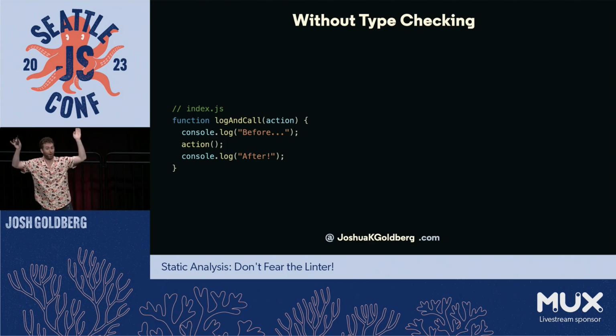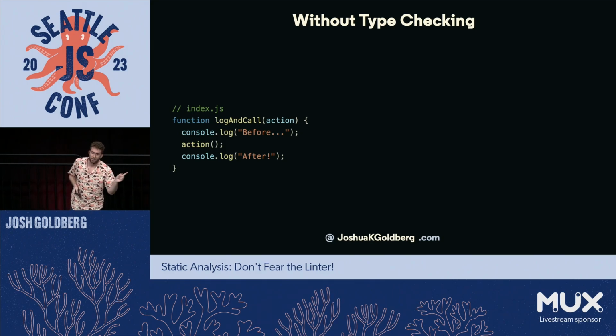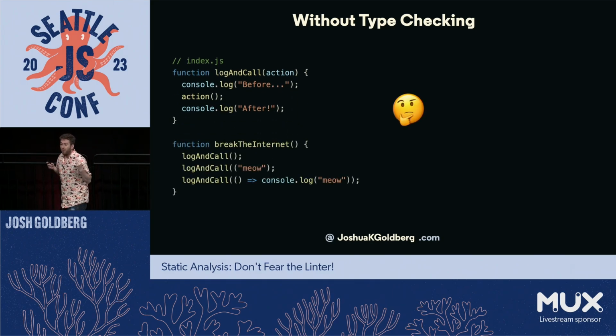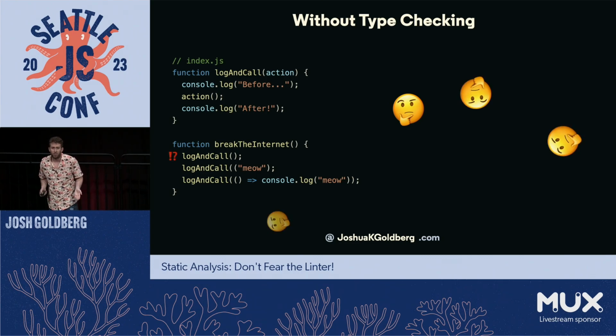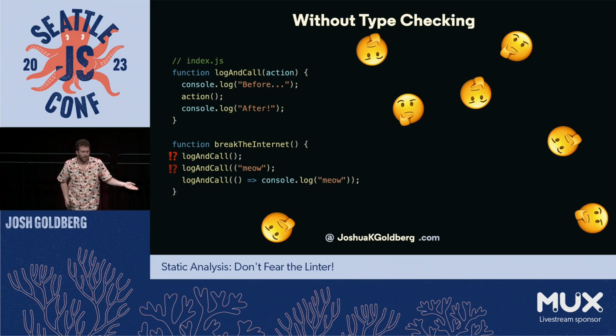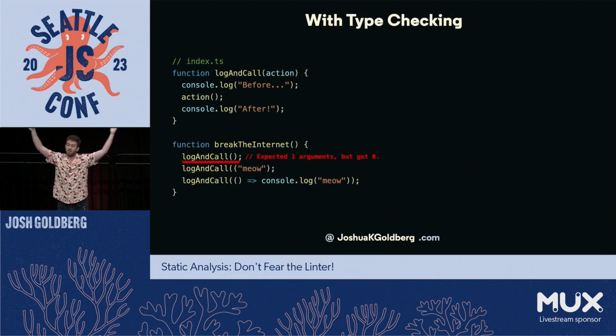And just to really hone in on why I'm so juiced about TypeScript and the rest of the JavaScript ecosystem is at the very least neutral, because suppose you had this function that just takes in an action, logs, calls action, logs. In the real world, it would be very difficult, especially if this break the internet function was in some other file. It would be very difficult to know, are we calling it right? Are we supposed to provide an action? What if we forget? Is the action the thing to log? Is it a string? Is the action maybe a function? Maybe we get it right, or maybe we change later and this ends up being incorrect in 5 years. Without TypeScript, there's nothing to let us know. But with TypeScript, at the very least, it can tell us, hey, you were supposed to call with an argument and you didn't pass one.